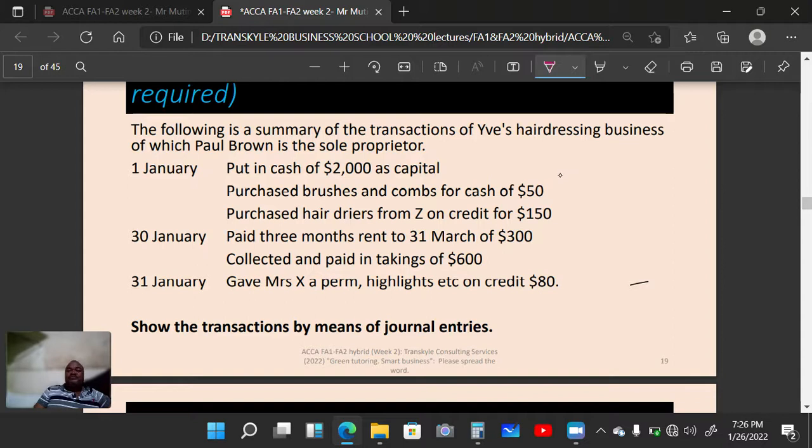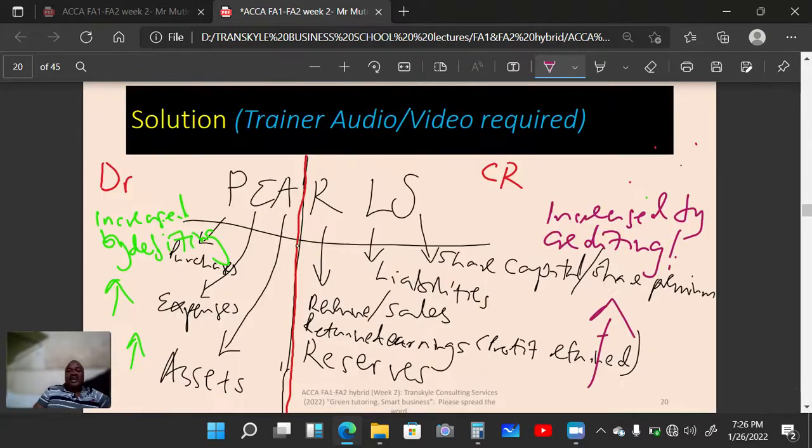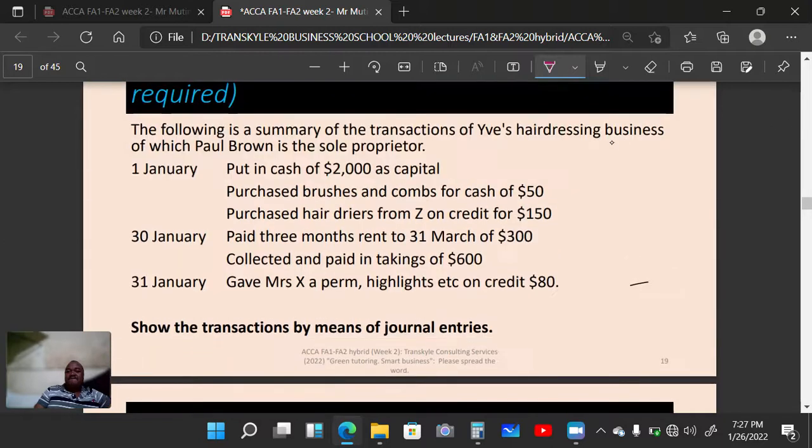So the business has received cash, and cash is an asset. So an asset is increased by debiting. So we debit cash